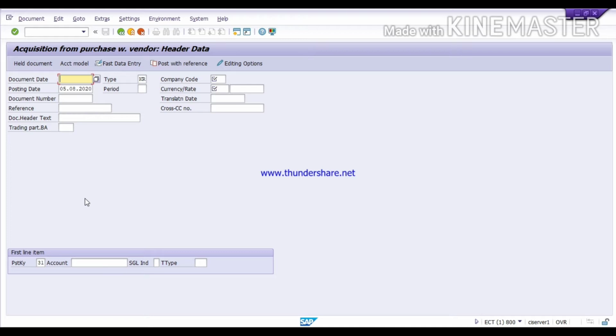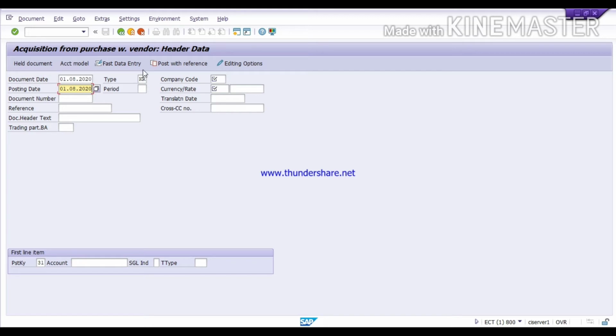Here we can purchase the asset directly from the vendor. We are not following the PO process. So here we can purchase the asset directly without PO. So first of all, you give the document date, like I am giving 1st of August 2020, and the posting date I am giving the same, the date on which you are posting into the system.